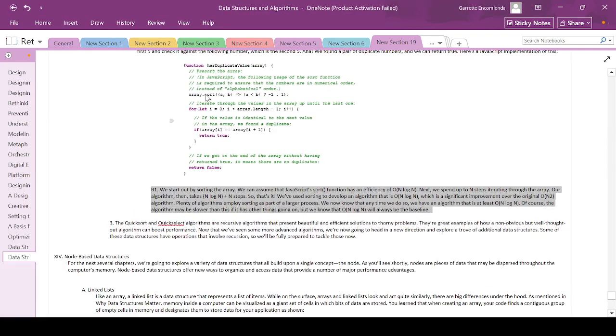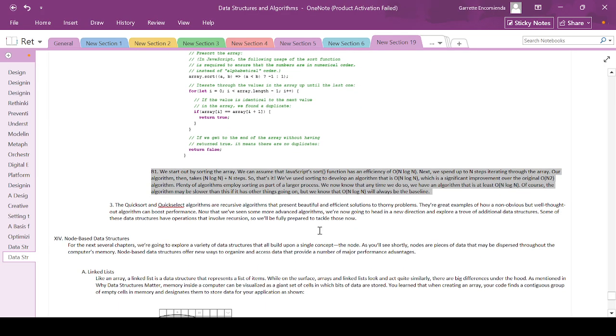So we use the JavaScript array.sort, which is a quicksort in the background, right? To have N log N in average cases, and then plus N steps. Next, we spend up to N steps iterating through the array only. So our algorithm then reduced from N squared to N log N plus N steps, which then reduced to